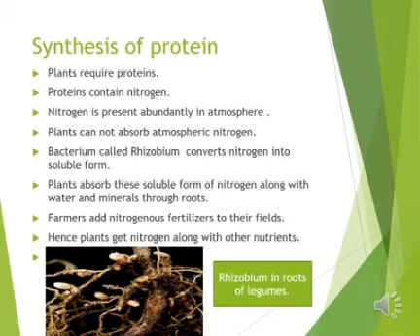One way is, there is a bacterium called rhizobium which converts nitrogen in the air into soluble form. Soluble form meaning it can be absorbed by the roots. This soluble form of nitrogen is absorbed by the roots. These bacteria are present in leguminous plants and help the plant to get nitrogen and synthesize proteins. Now when I say leguminous plants or legumes, it is a term used to describe the seeds of plants, which includes peas, beans, peanuts and soya beans.